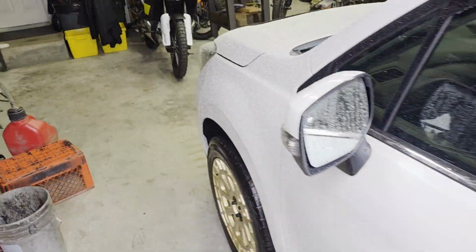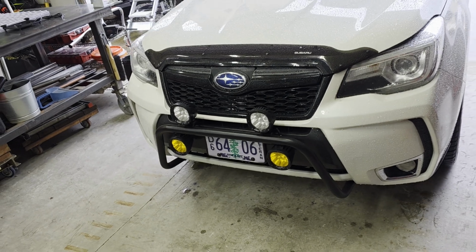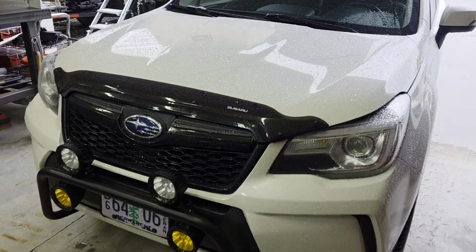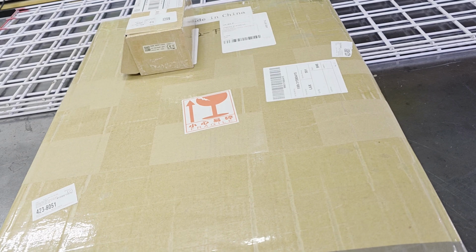I recently got rid of my Optima battery because I just don't like the quality of the Optimas anymore. They're just not up to speed, and I got myself an Odyssey AGM battery, which you guys will see here in a little bit. But what we're doing is I came across a